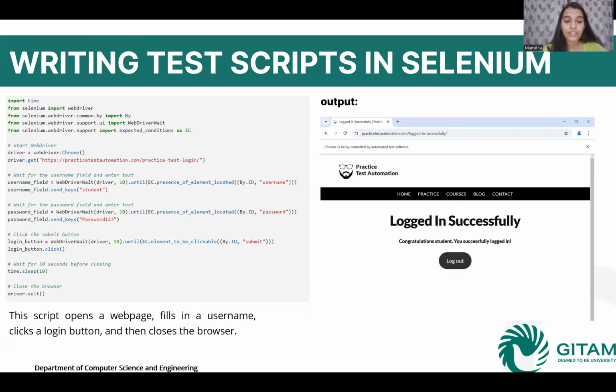Once the fields are filled, the script waits for the login button to be clickable, and then it clicks to submit the form. After logging in, the script pauses for 10 seconds using time.sleep, allowing the users to observe the results before the browser automatically closes. So this is how the code looks, and this is how the output will be. The browser is going to open automatically and close once it's logged in successfully.